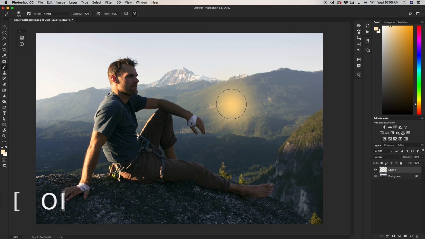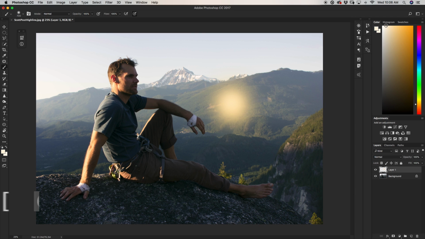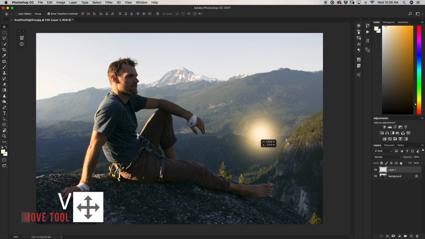Now I'm going to downscale my brush just a few sizes here by using my bracket keys. I'm going to click again inside of that previous color, and now I'm going to go a little bit closer towards white, but not quite white. Go a little bit smaller, and I'm going to click one more time. So now I have this little orb looking thing, and of course it's on a new layer so we can